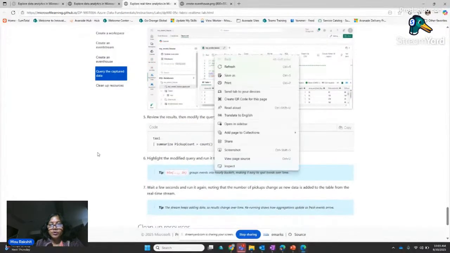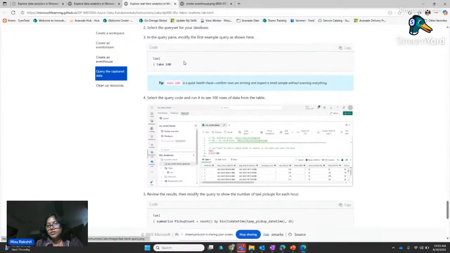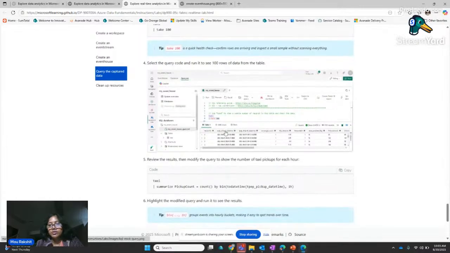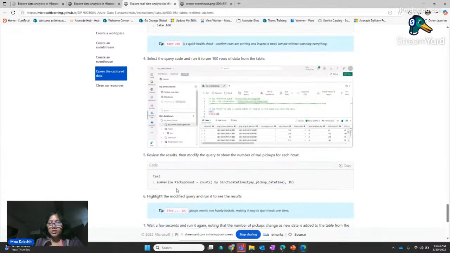Now you want to not just do a sample check, you want to do some sort of aggregated analysis. So you can use summarize. These are all similar to group by. You can say summarize count. Basically you're saying group by, binning on a particular pickup datetime, converting it to datetime every hour, so you can see how many pickups have happened.